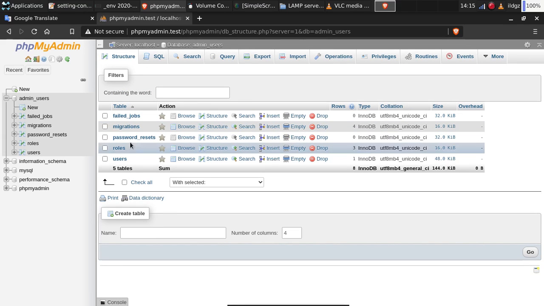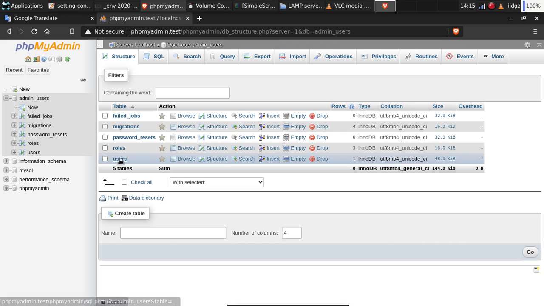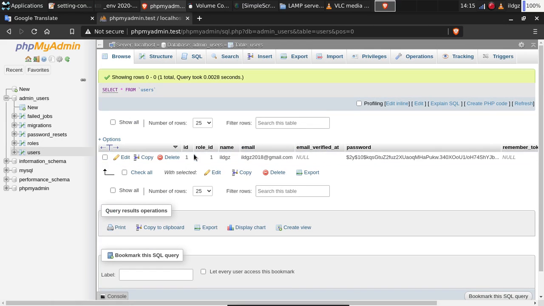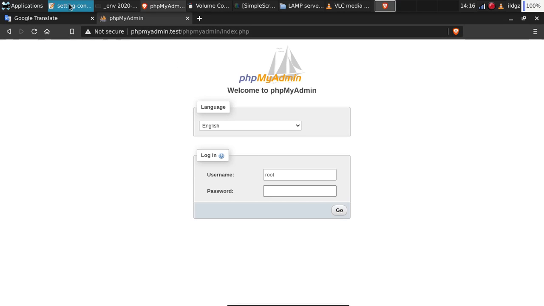This is the table of users. Here we are. That's it. I hope this configuration